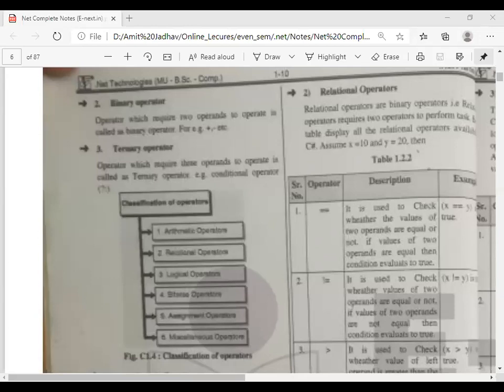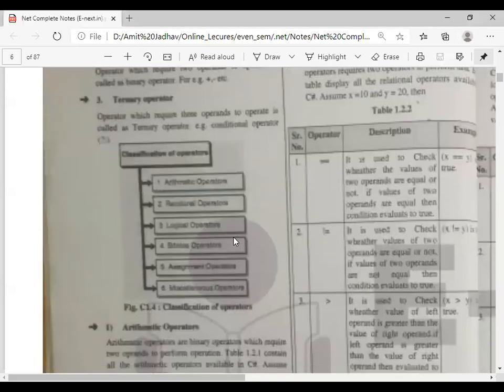So here we use the equal to operator. It means the value of y is assigned to variable x. Here the value 10 is assigned to variable y. After that we check the condition, if x is equal to y. Here the value of x is 5 and the value of y is 10. It checks whether 5 is equal to 10 or not. So the result is false, it comes directly to the else part and prints x is not equal to y. So this is the difference between equal equal to and simple equal to.